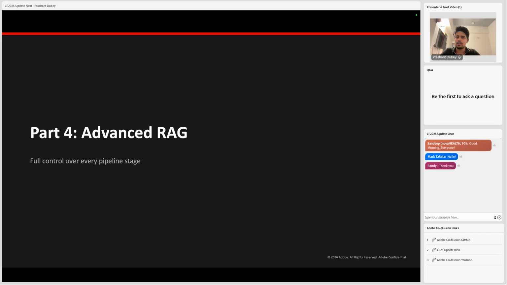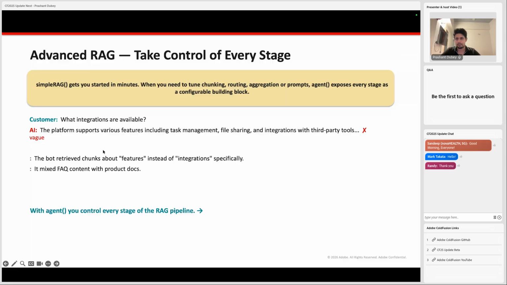Now this is the main feature that is coming out, which has a lot more options, a lot more ways to fine tune and customize however you want to configure your RAG service. Advanced RAG is the part that we want to use. So we can take control of every stage, be it fine tuning, chunking, or routing,